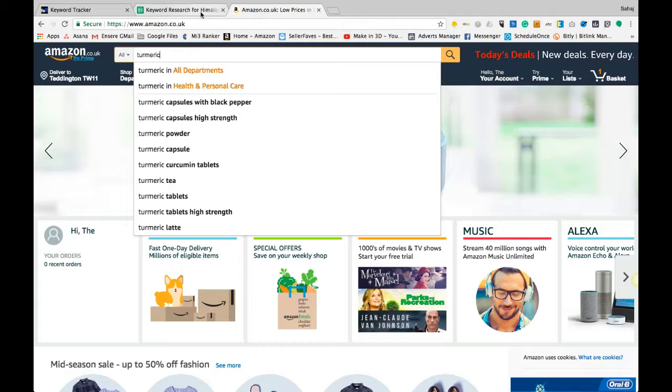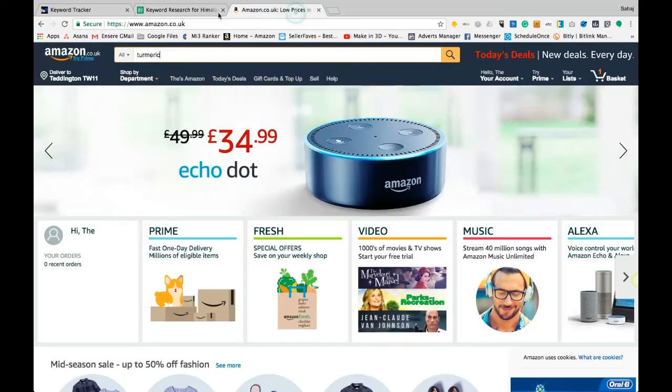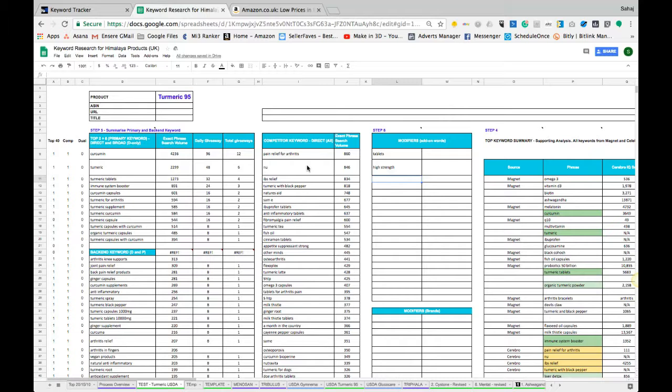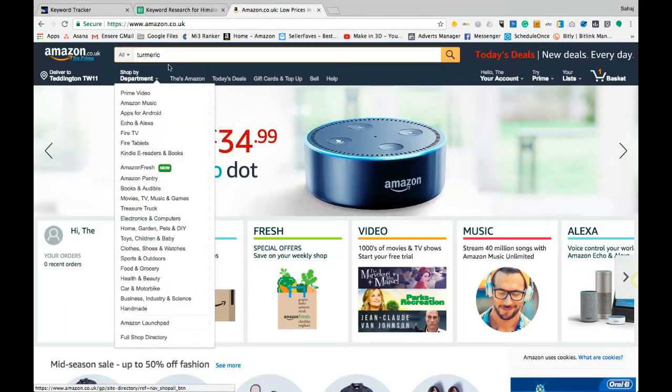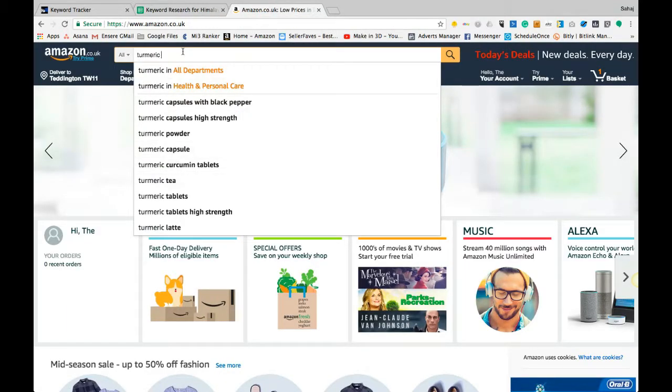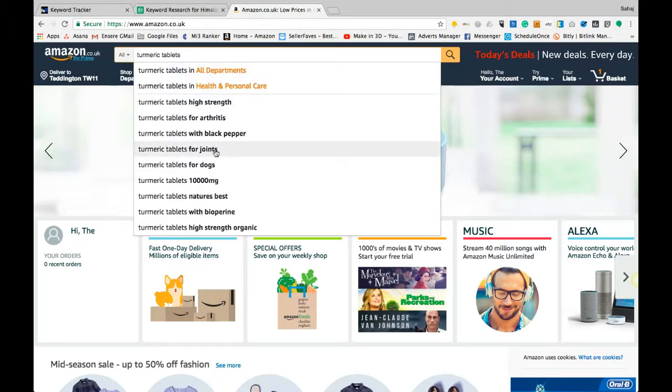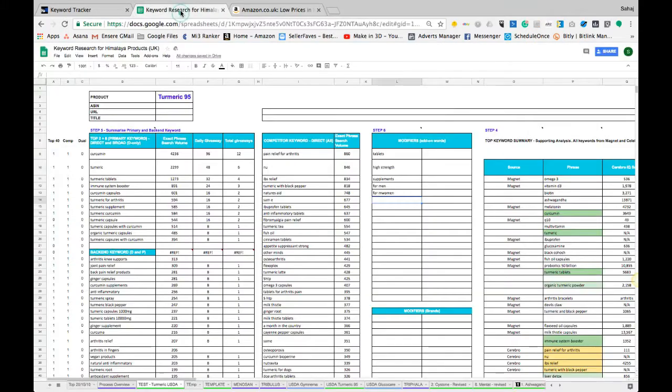Black pepper is probably included here. So anything that's a single word that can go with anything. So curcumin tablets, immune system booster tablets, or supplements, for example, anything that's related. Sometimes there's for men, no, not for turmeric, for women. So use variations here to identify tablets for joints, for dogs, natural with piperine, high piperine,